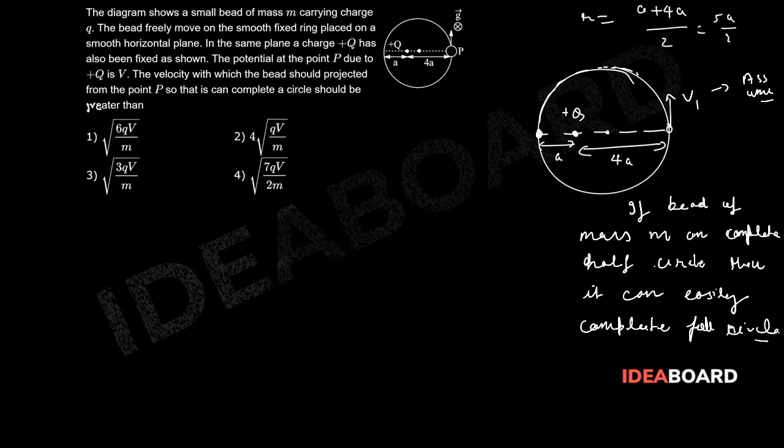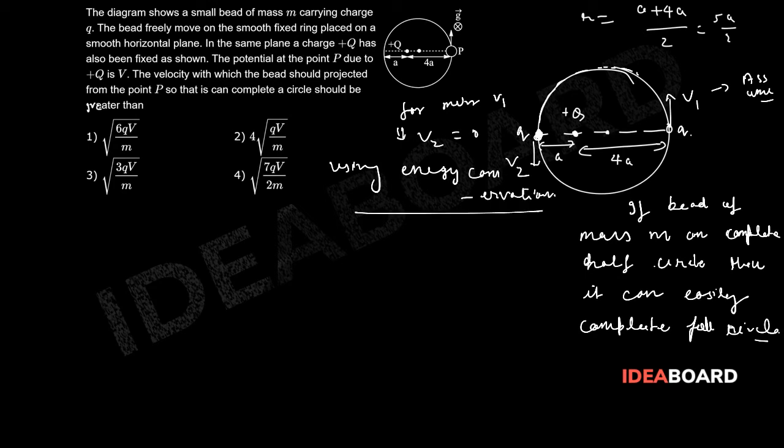right? So logically we need to just make sure that this bead will come to this point. So suppose that velocity at this point is v2, and of course we want to calculate the minimum case. So for minimum v1, v2 should be 0. We just want that this bead will reach this point. Okay, so now we can apply energy conservation.